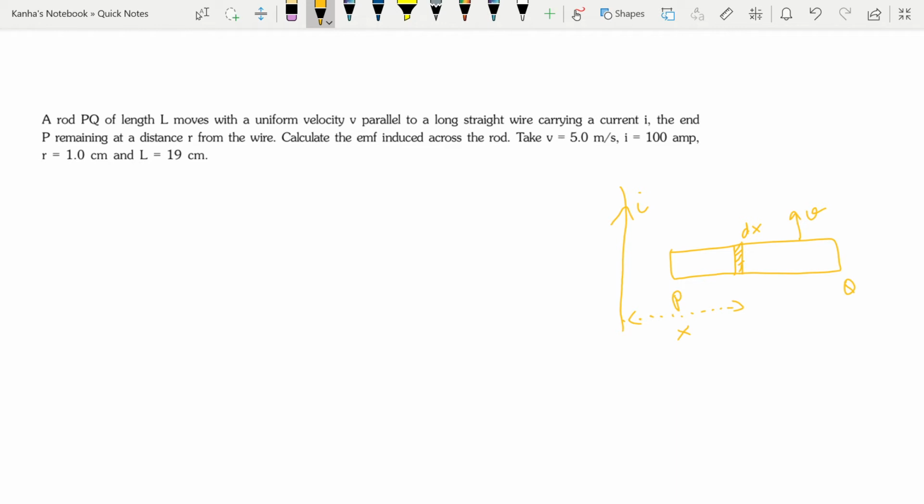Now the rod PQ is moving in the magnetic field produced by the current carrying long wire. Now we know that the field of this wire is not uniform throughout the length of the rod because it changes with distance. So let us consider a small element dx that I mentioned here at a distance x from the wire. Now if the magnetic field at the position of dx is given by B, then the EMF induced at that point is B into V dx, which is nothing but mu naught I by 2 pi x into V dx. Therefore the EMF is induced in the entire length of the rod PQ.